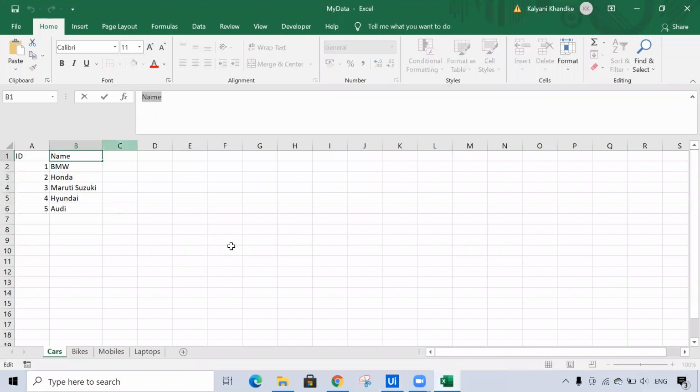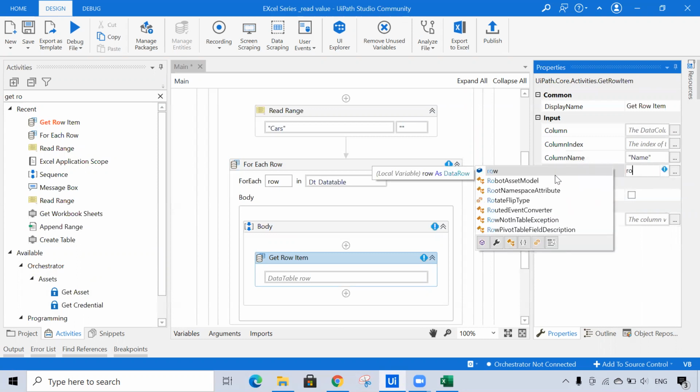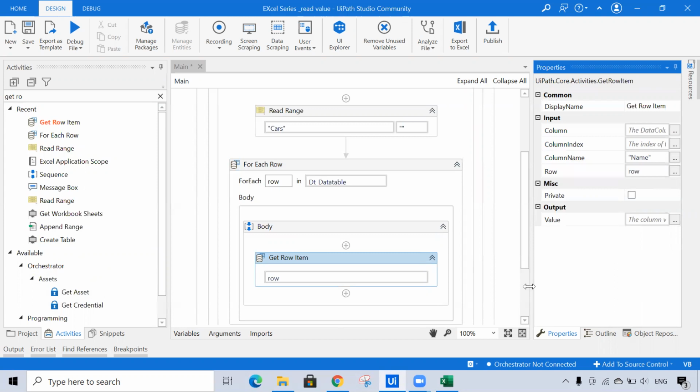So just copy the name and pass it over here. After that, you can pass the row. Then the value of this get row should be stored in a variable. So here I'm creating one variable that is row item.